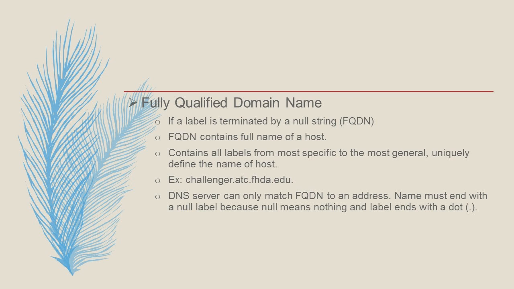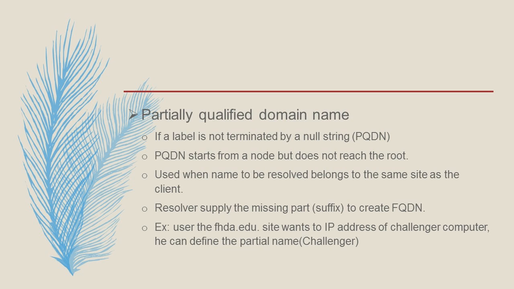If a label is not terminated by a null string, it is called a partially qualified domain name. A partially qualified domain name starts from a node, but it does not reach the root. It is used when the name to be resolved belongs to the same site as the client. Here the resolver can supply the missing part, called the suffix, to create a fully qualified